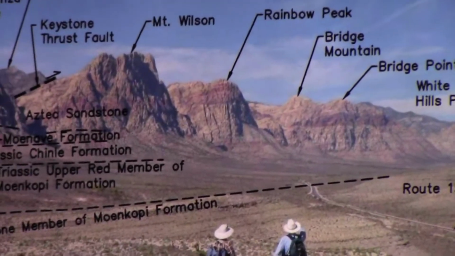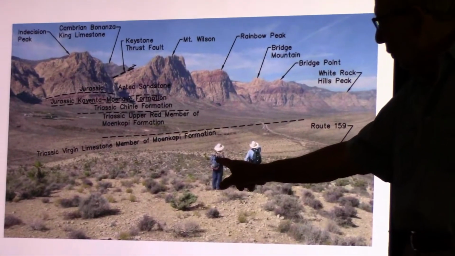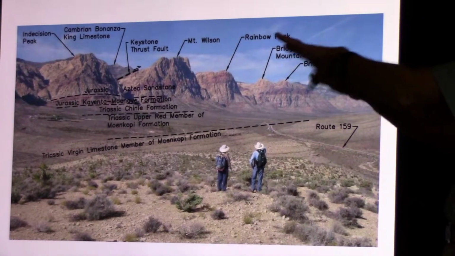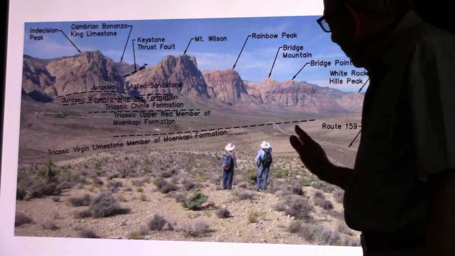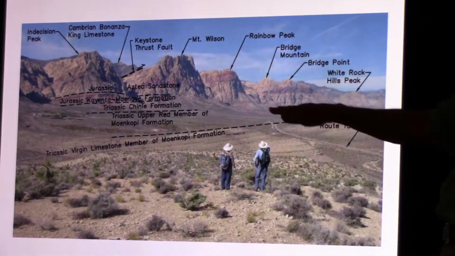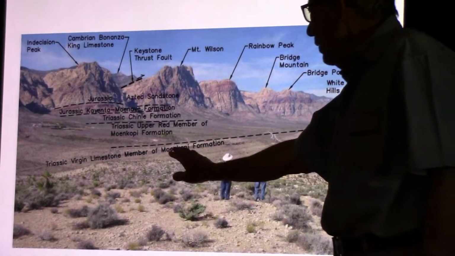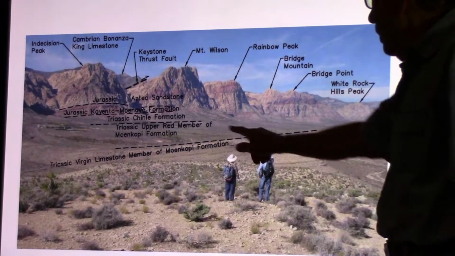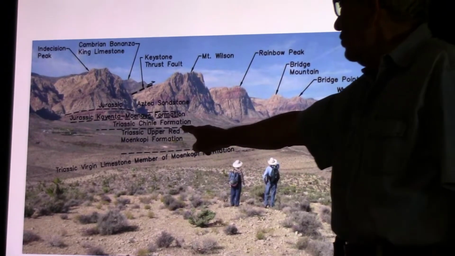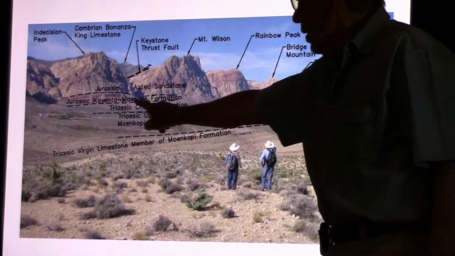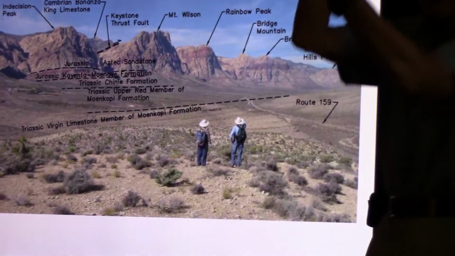So this is a view from Blue Diamond. That's Rick Whitaker and John Peck, looking northwest. The main formation across from the 159 all the way to the edge of the cliff, which is right here, we're going to walk up it over there, is the upper red member of the Moenkopi, which is over here. And then there's the Chinle Formation, the Jurassic Kayenta and Moenave, the Aztec sandstone, and sitting on top of it